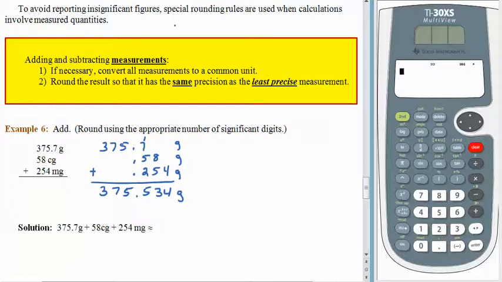Here's what really happened. Whoever gave us this first number was rounding to the nearest tenth of a gram. Right, this could have been anywhere between 375.65 grams and 375.75 grams. That's why we were talking about precision and the greatest error before. So what's really going on is this. We have